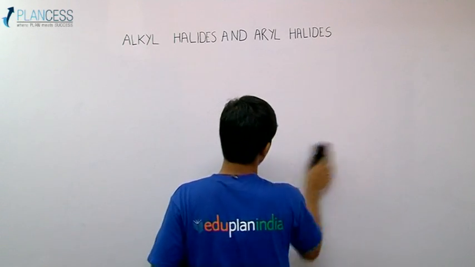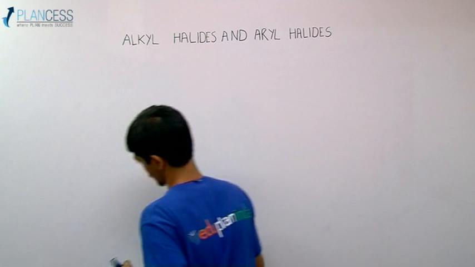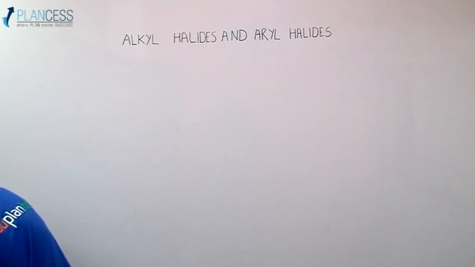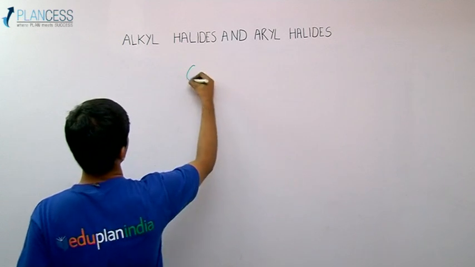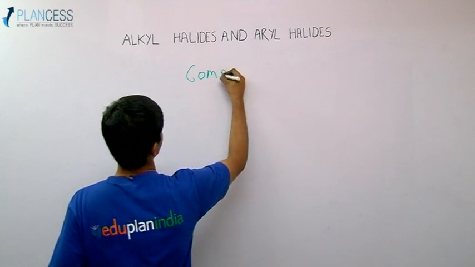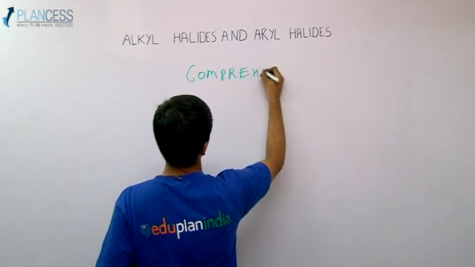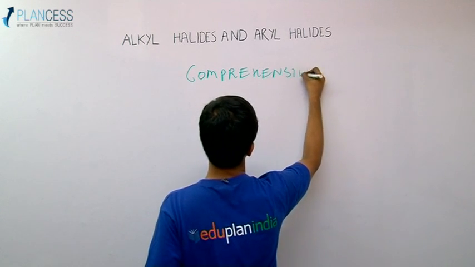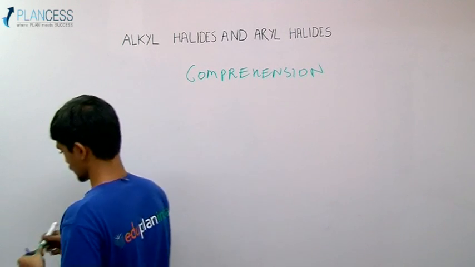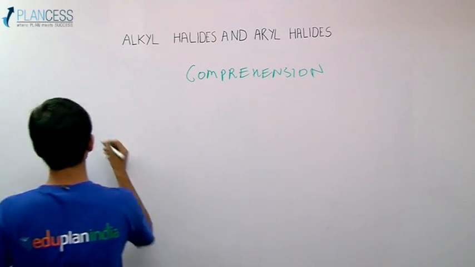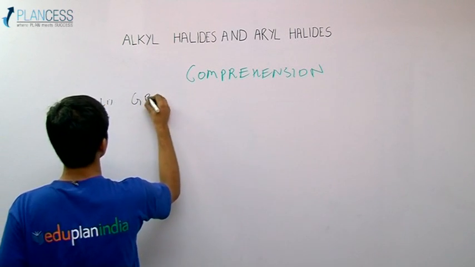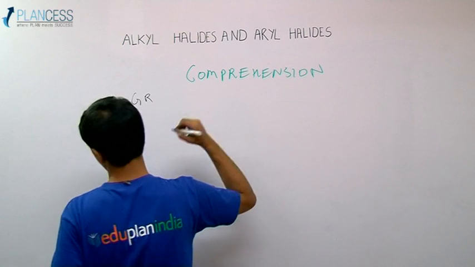The next question is a comprehension. So the comprehension says something about Grignard reagents. Now, the first question says Grignard reagents generally occur in dry ether because